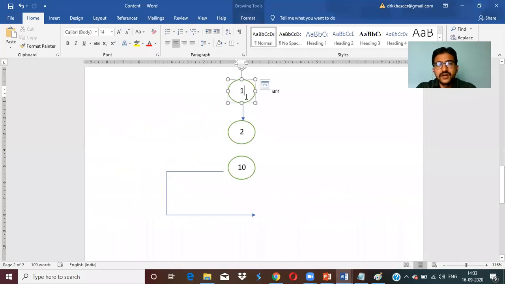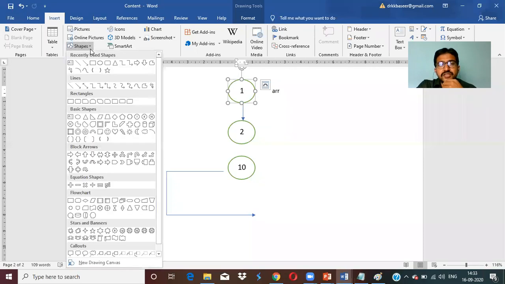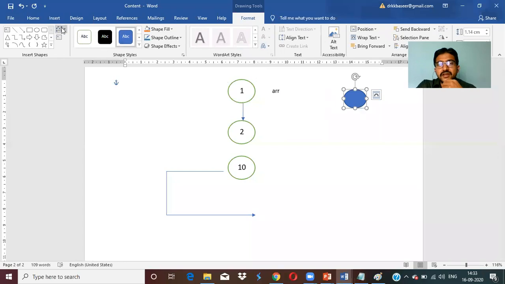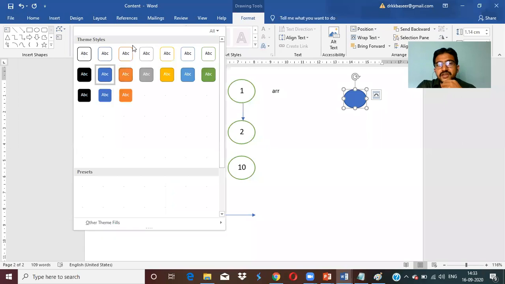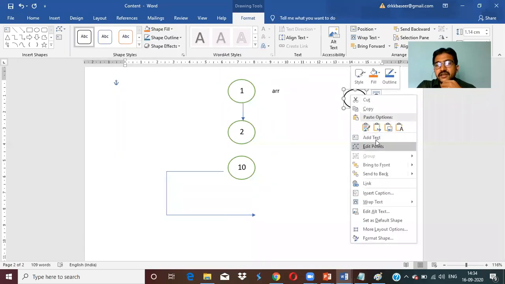Say for example, how do we draw the circles in Word directly? If you know any tool, you can directly use the tool, or you can simply use Word. In Word, go to Insert, go to Shapes, and take the circle here. Just draw the circle like this. Now double click on this circle, you can select this here. These are the boxes, right? Take this, and if you want to add text, right click, add text.